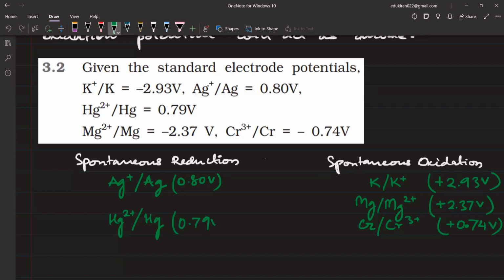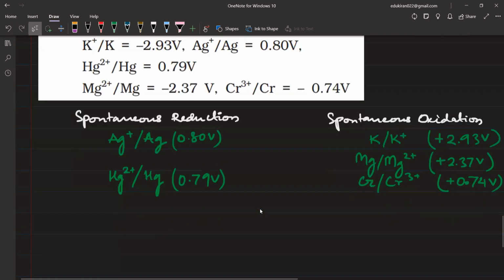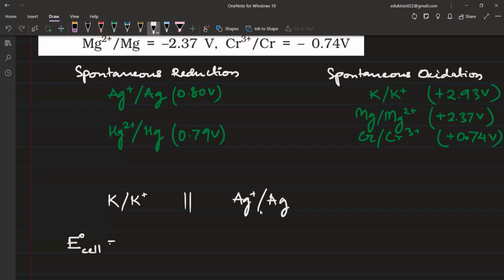Okay, fine. So अब ये बताइए आप लोग, if I make a cell like this, let's suppose we have a cell in which I have K to K+ in the anode with a bridge, and my cathode is going to be Ag+ to Ag. So this whole cell will give me how much electricity? Please tell me. E0 cell will be how much? E cathode minus E anode. फिर से आप लोग वही E कैथोड माइनस E एनोड, ये भूलिएगा नहीं आप लोग।